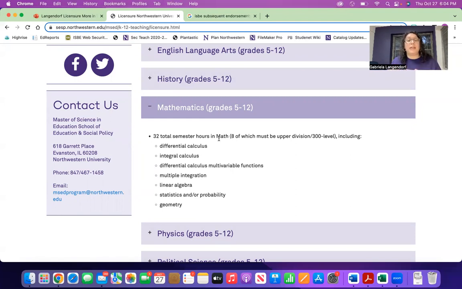When you look through that, perhaps there is a class that you think, hey, I think this particular course I took may count towards, for example, the geometry requirement, but it wasn't highlighted on the transcript review. Feel free to reach out to me, and I'm happy to take a closer look at any courses you think may fulfill requirements that I did not highlight as fulfilled.